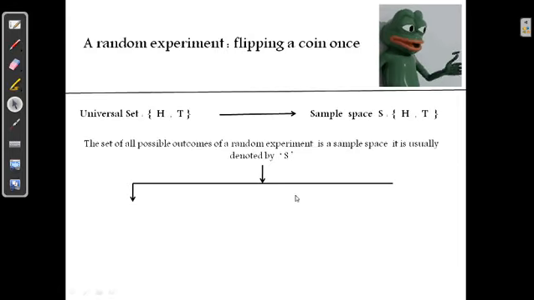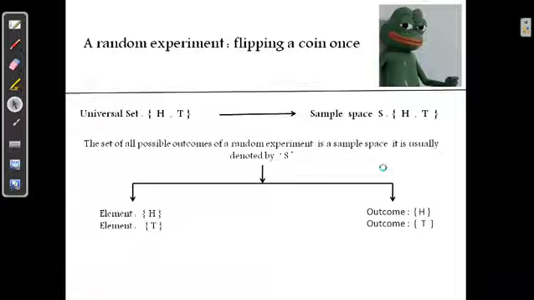Next, once you get the sample space, you will be getting the elements. When you toss a coin, what will be the outcome? Either it would be head or it would be tail. We will be calling that as what, elements of a set. In case of a set it will be called elements, whereas in probability you will be calling that